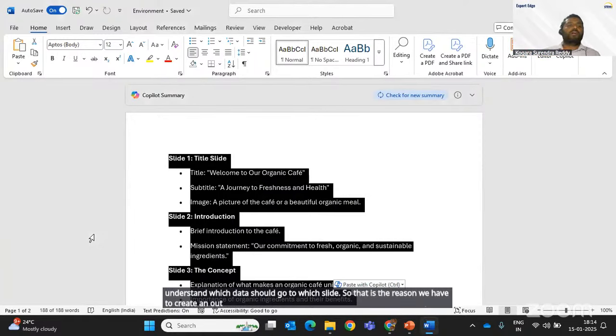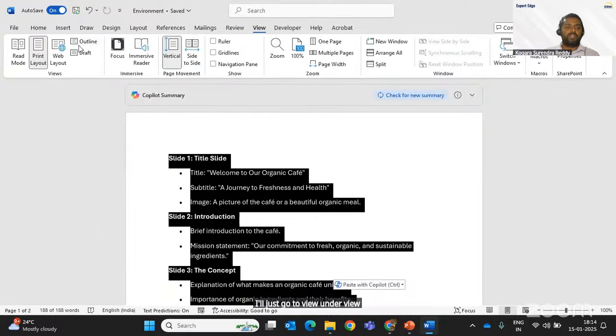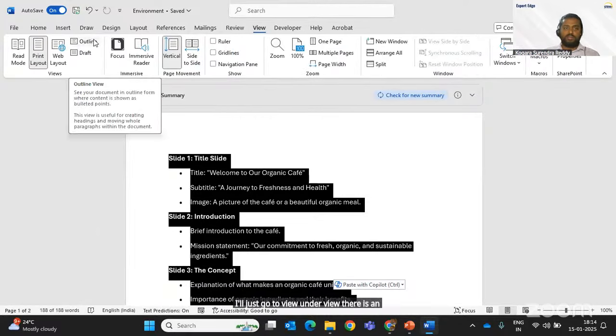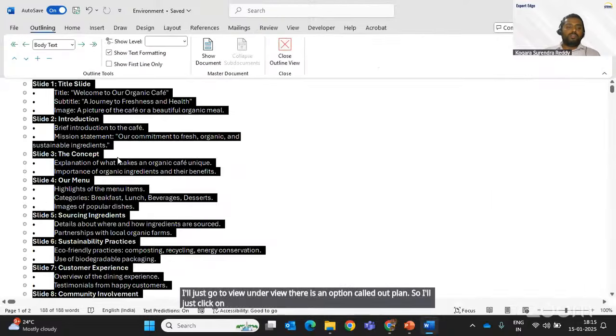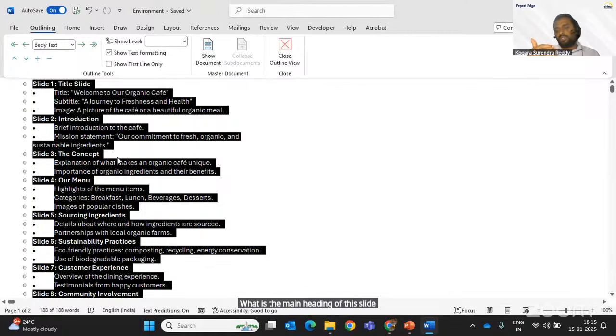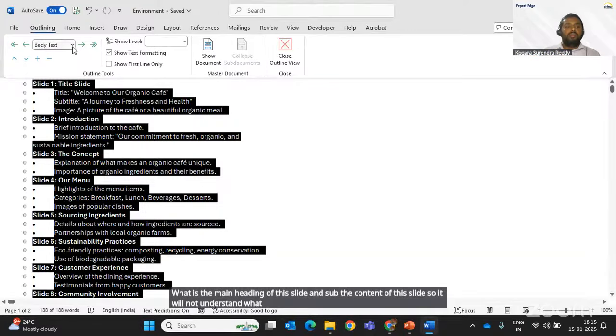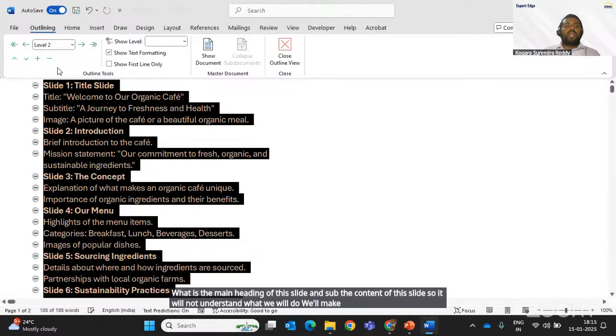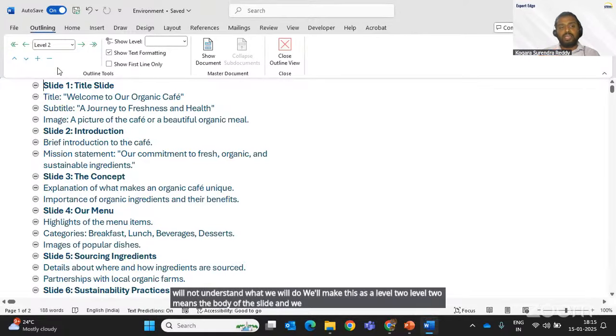So how do we create an outline? I'll just go to View. Under View there is an option called Outline. So I'll just click on Outline. Now what is the main heading of this slide and the content of this slide, it will not understand. What we will do, we'll make this a level 2. Level 2 means the body of the slide, and we will make level 1